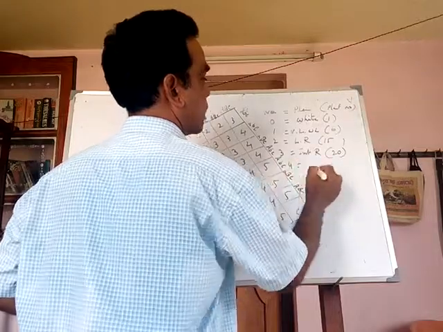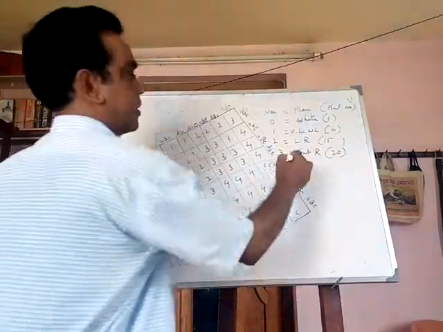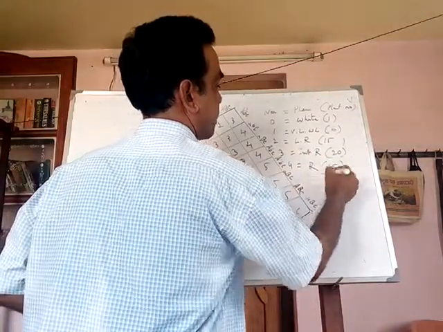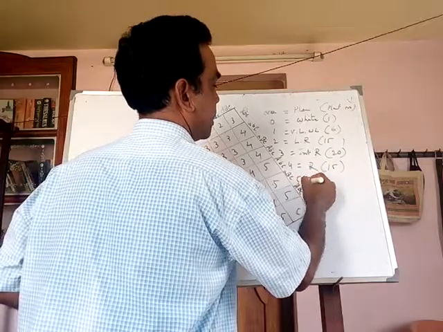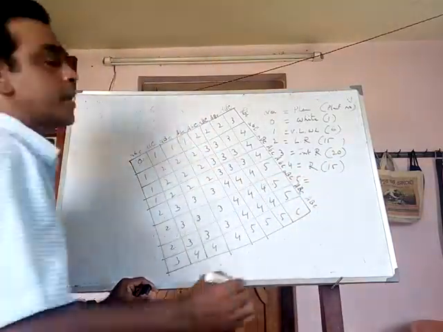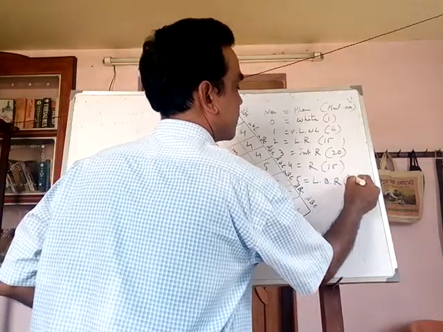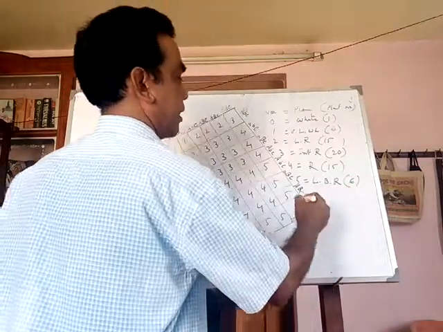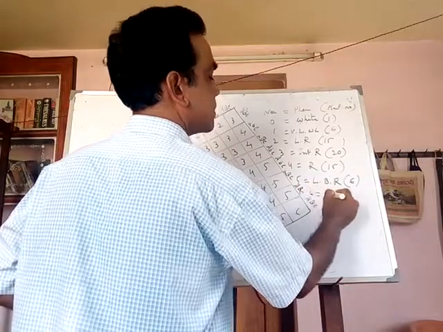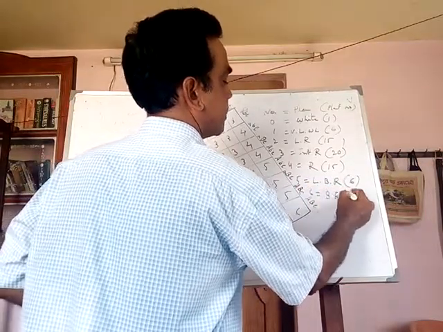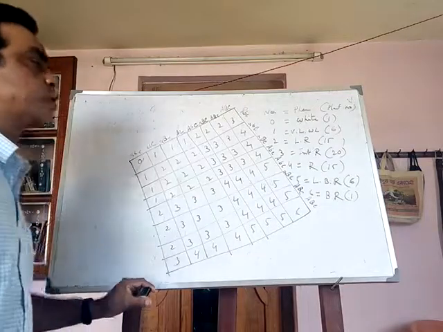Number 4, it is red, that is 15. Number 5, it is blackish, light blackish red, it is 6. And 6, it is blackish red, that is 1. So all of the